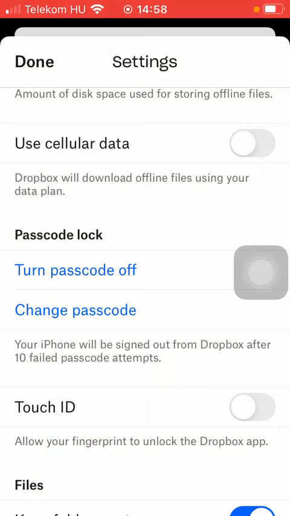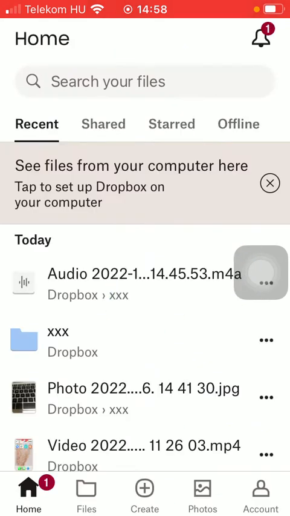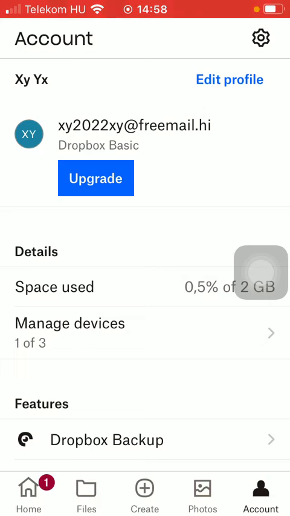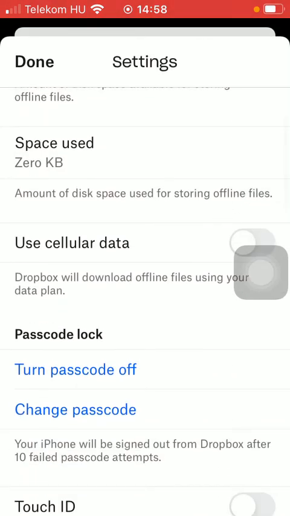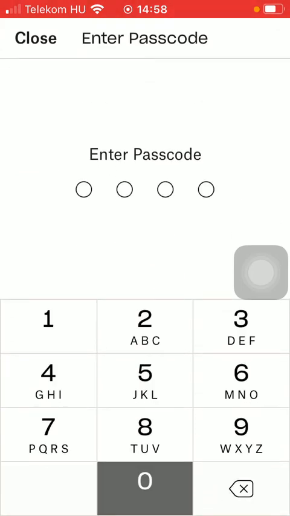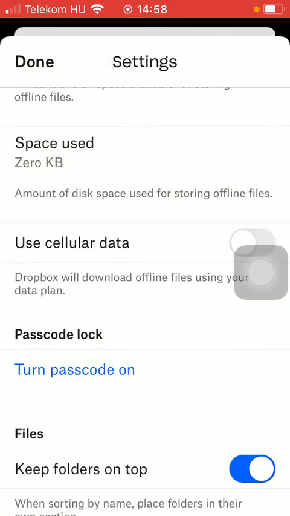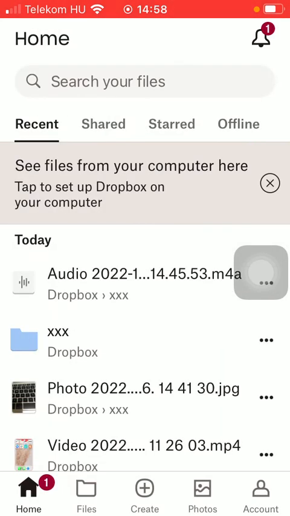So if you open it again, you need to type it in order to enter your application. If you want to turn it off, you should go back to this passcode lock section and tap on turn passcode off. In order to do that, you should type in your password again, and now your passcode is turned off, so you won't be required to type it in whenever you want to open the